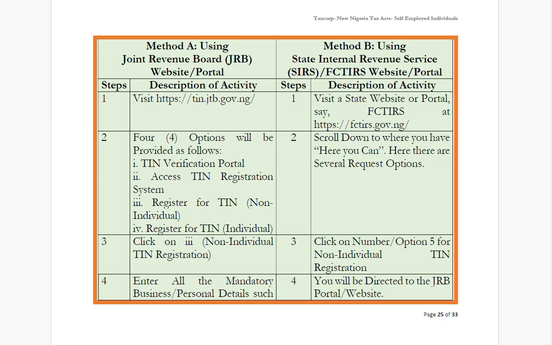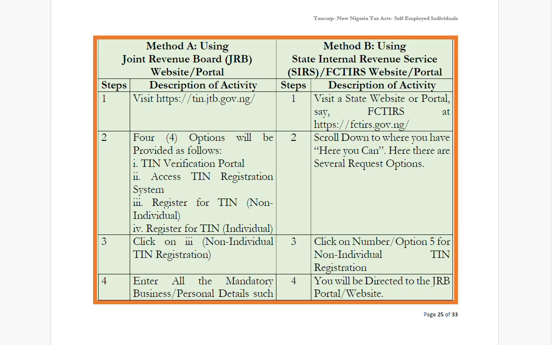So quickly, we'll just show you the steps in using the Joint Revenue Board. Step 1, visit the Joint Revenue Board website or portal. 2, it will come up with 4 options for you: TIN verification portal, access TIN registration system, register for TIN non-individuals, or register for TIN individuals. So step 3, what do you have to do? Since you are registering for non-individual, for business name, enterprises, partnership, you click on